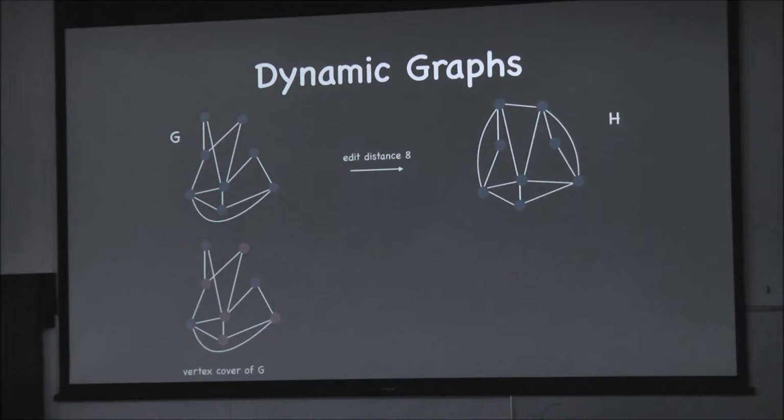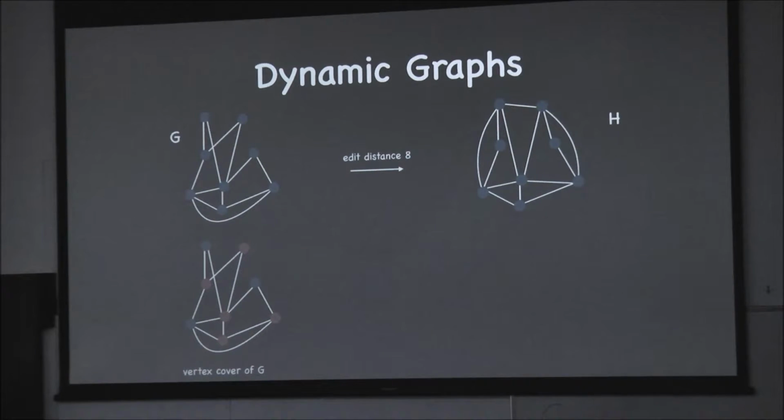We can always recompute a vertex cover for the new graph, because we already had a solution for the old graph, so we knew how to get a solution for the old graph. We can use that trick maybe and get, for instance, an FPT algorithm. Vertex cover has many kinds of FPT algorithms, and we can get a vertex cover for the new graph. But the point is not to do too much work when the input changes.